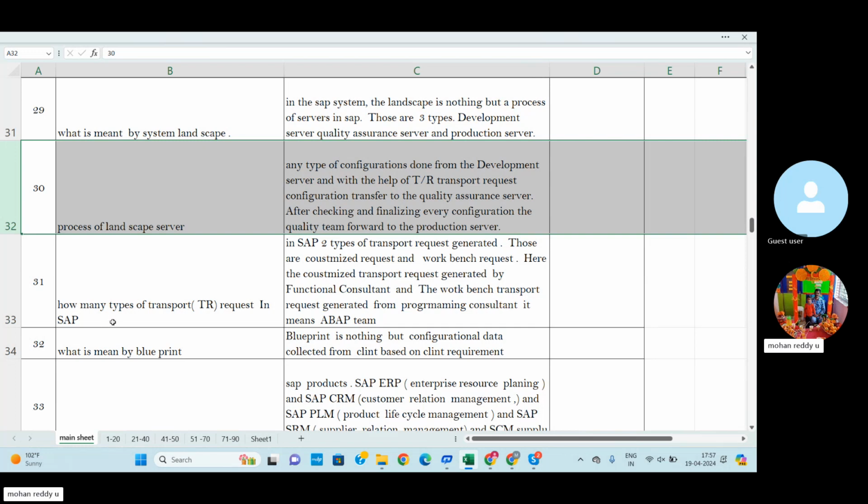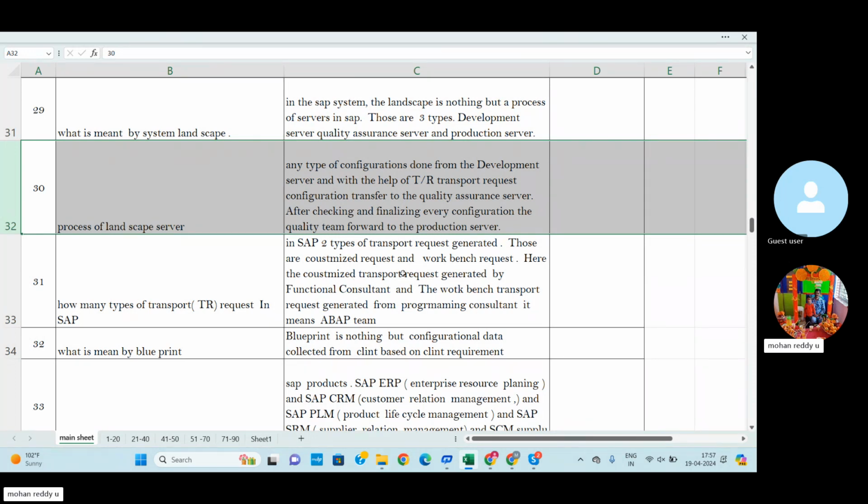So let me explain one more time. How many types of transport request? If we do any configurations, before the configuration is saved, the system will generate a TR, a transport request. Based on the request, we can finalize the particular configuration.